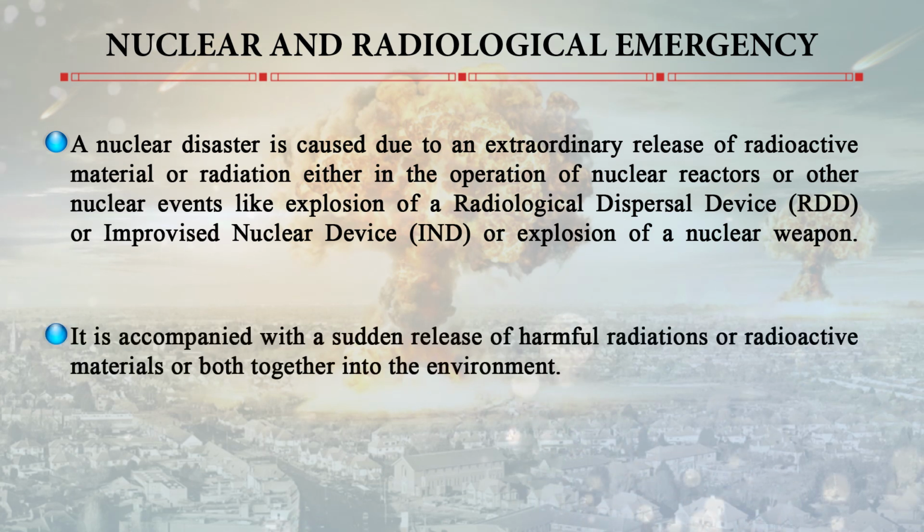So, how does this occur? It is accompanied with a sudden release of harmful radiations, or radioactive materials which can be ejected, or both together, and all this can harm the environment. The radiations that are emitted are very toxic in the immediate surroundings, but even at a 10 kilometer distance the radiations are very toxic, and they affect your genetic makeup and the genetic system, and mutations can occur at the DNA level. So, for a long time you can have certain carcinogenic or other mutagenic problems.